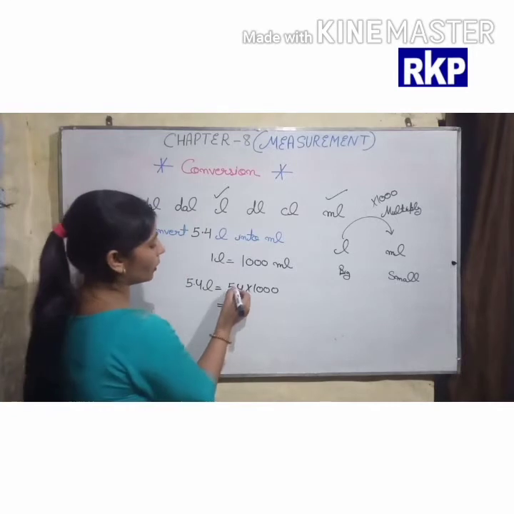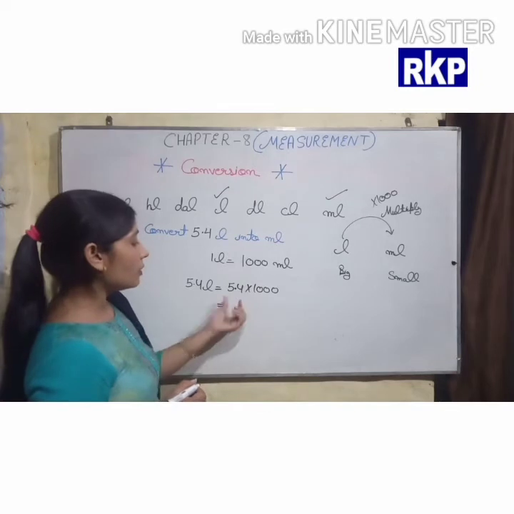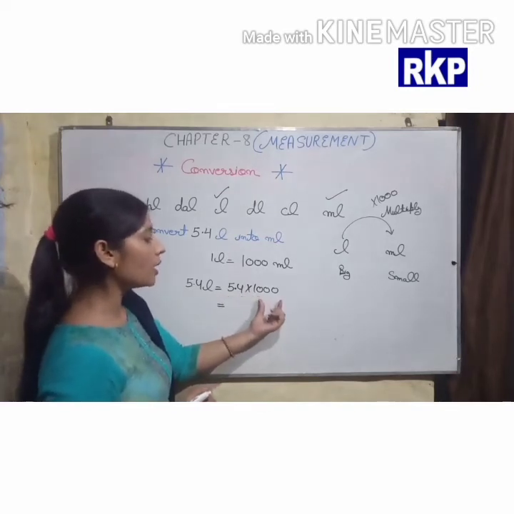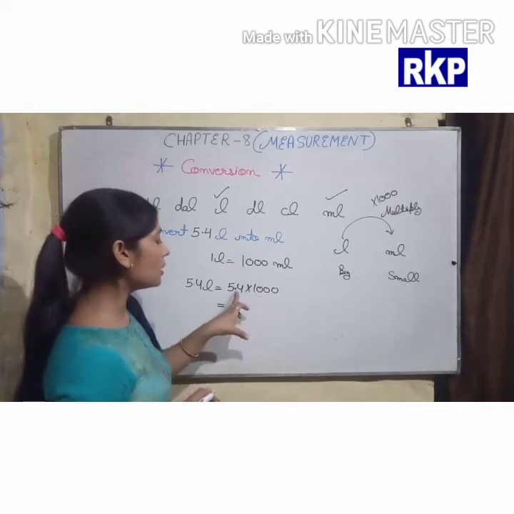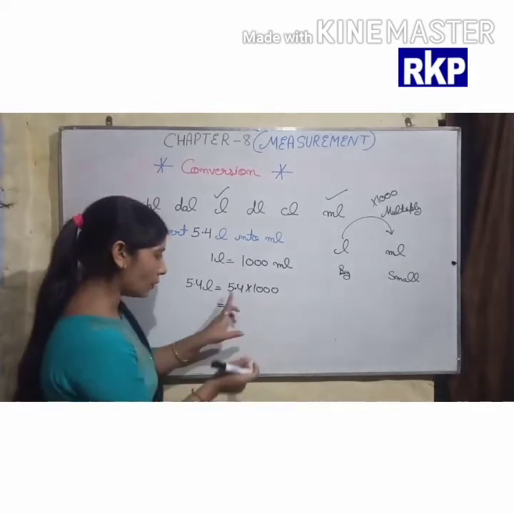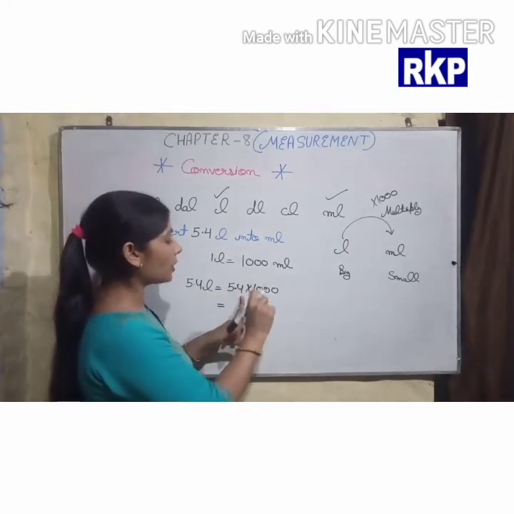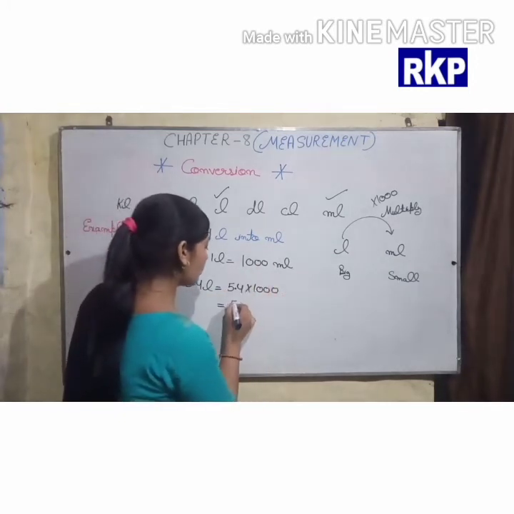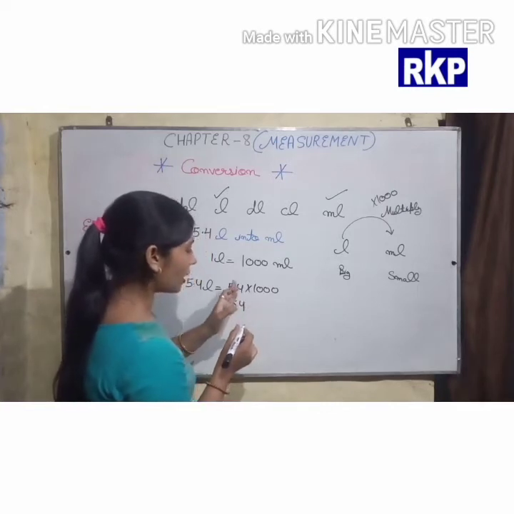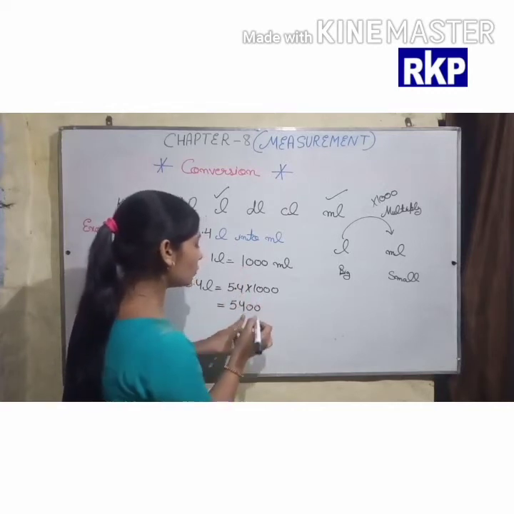Okay, and we know beta, you know very well that when we multiply a decimal number with 1000, then we shift the decimal point 3 digits to the right side. Okay, so here we have only 1 digit, so our decimal point will come after... where will it come? Look, here 4, this decimal point will come after 3 digits, means here we have 4, so here we need to write 2 zeros.